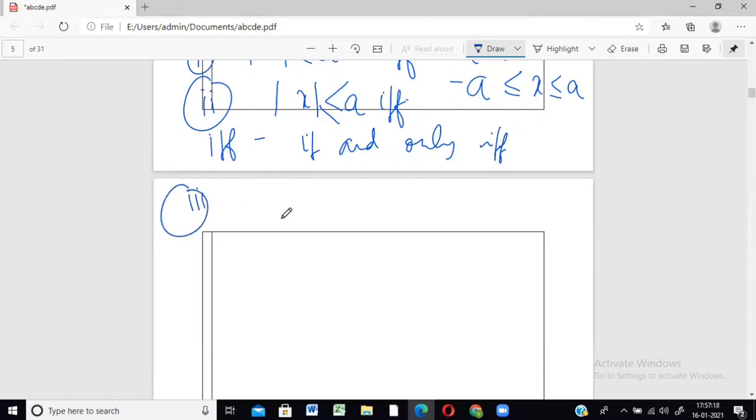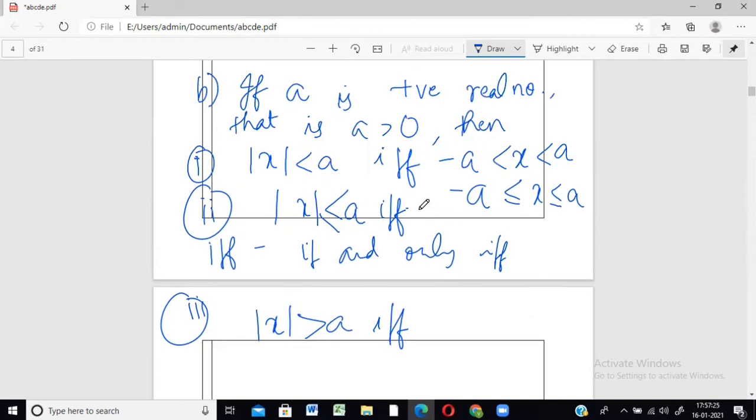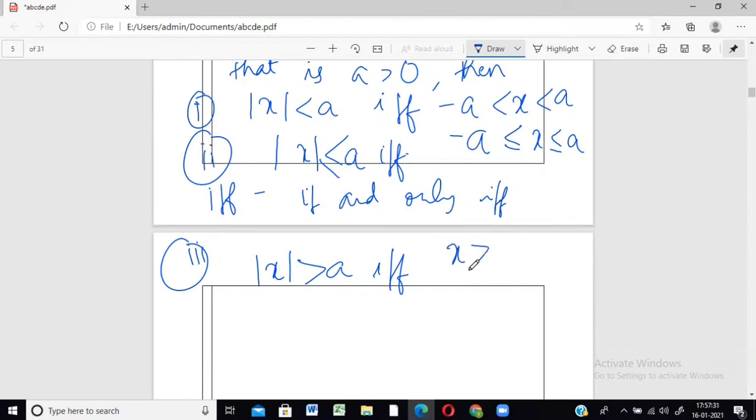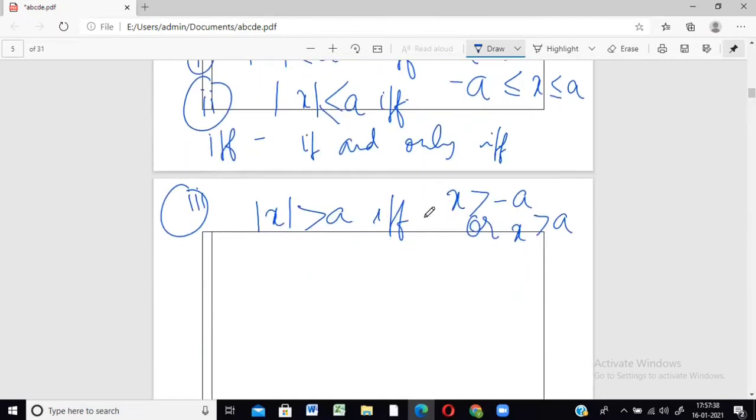Let me come to the third one. In the next one, if mod x is greater than A if and only if, now don't think that because the sign has reversed, here it will be x is less than minus A or x is greater than A. Mod x is greater than A means if and only if you will have either this or this. Now the fourth one, mod x is greater than or equal to A. Again the same thing, if and only if